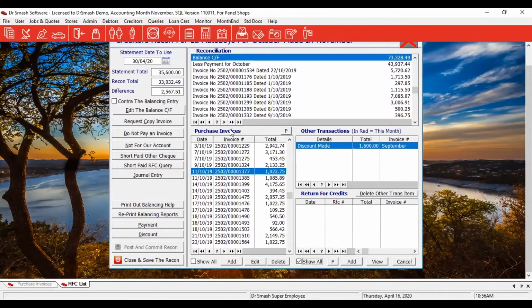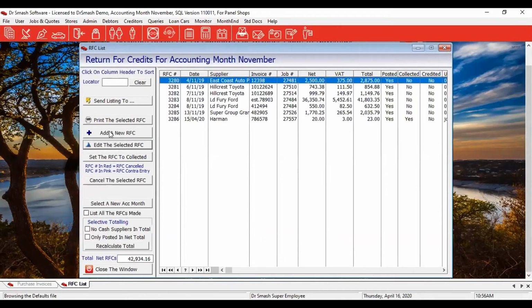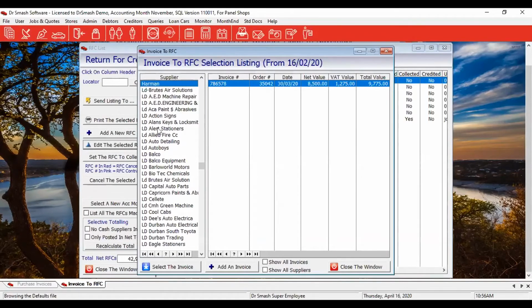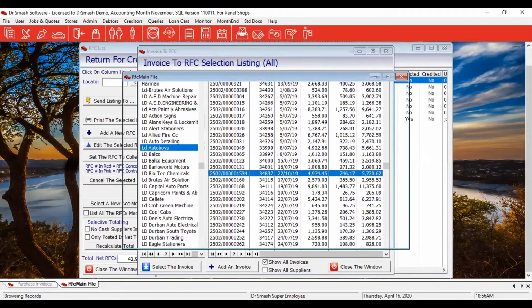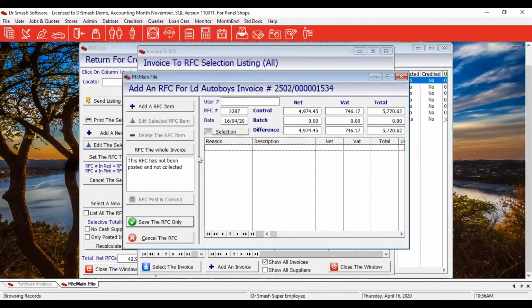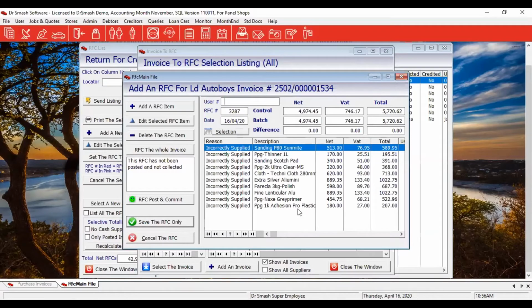Stored, return for credit, add a new RFC. It was LD Auto Boys. Show all my invoices, and I'm going to say that one there, and I'm going to RFC the whole invoice. Post and commit,